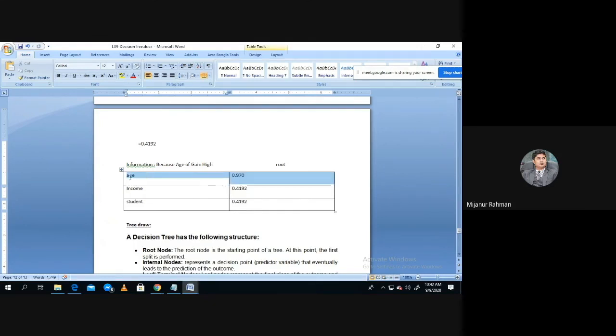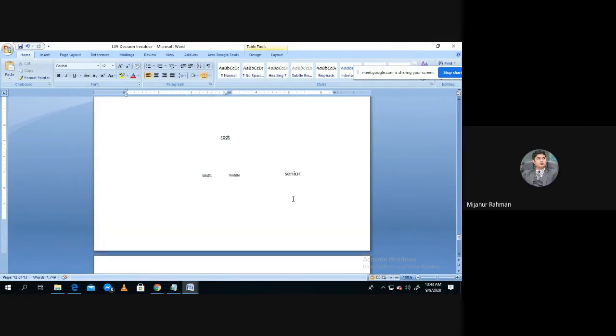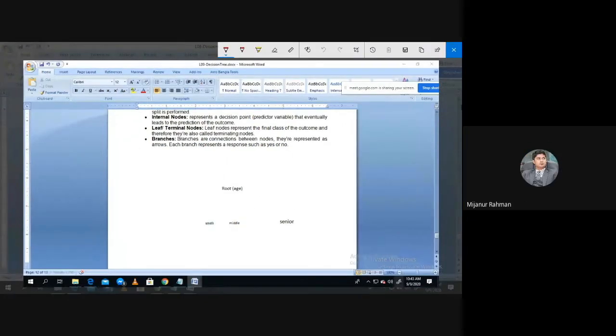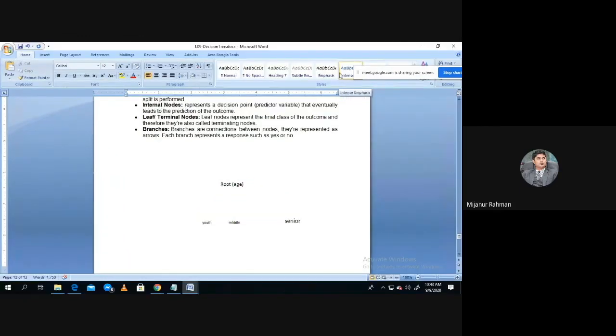এইজ এর গেইন হচ্ছে হাইস্ট। এখন তুমি বলতে পারো এইজের উপর ডিসিশন তুমি নিতে পারো যে আসলে সে কম্পিউটার কিনবে কি কিনবে না। সো তোমরা যারা মেশিন লার্নিং করতে যাবা, তোমাদের এগুলো মাস্ট জানতে হবে। স্যার ট্রিটা আঁকতে হবে না নাকি, না লিখে দিলে হবে? লিখে দিলে হবে, খুব একটা নেসেসারি না। রুটের জায়গায় তুমি একটা ড্র করে ফেলবা যে দেখো এইজ, তো এইজ থেকে ইয়ুথ, মিডল। যেটা বেশি থাকবে তাকে রুট ধরবা।